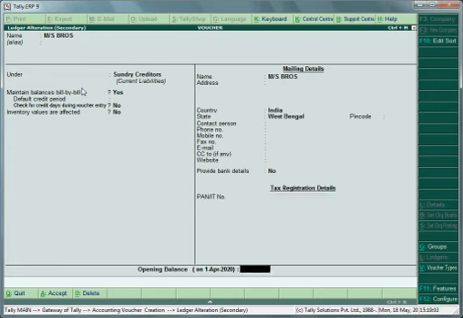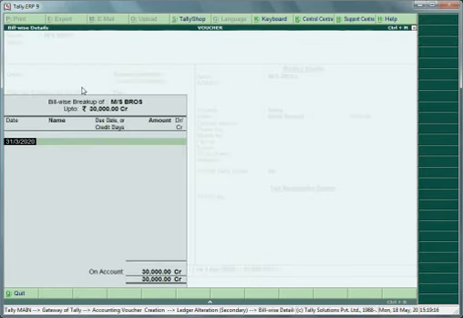Here we have to put some opening balances so that we can make bill against him. Now we put some opening balance, something like 30,000, which is a credit balance. Now as we press enter key, here a dialog box will open which is called bill wise details, in which you can put some bill details against Messrs Brothers.